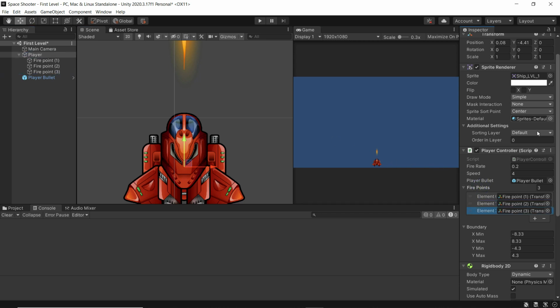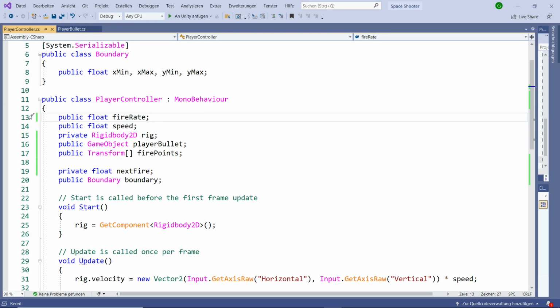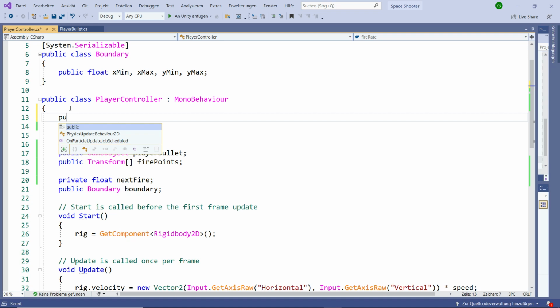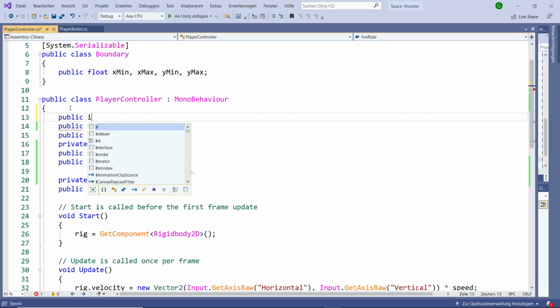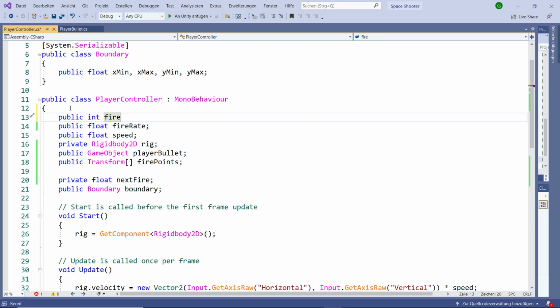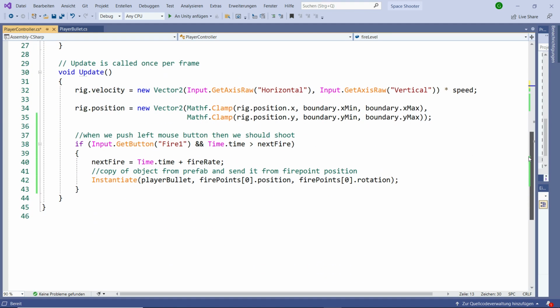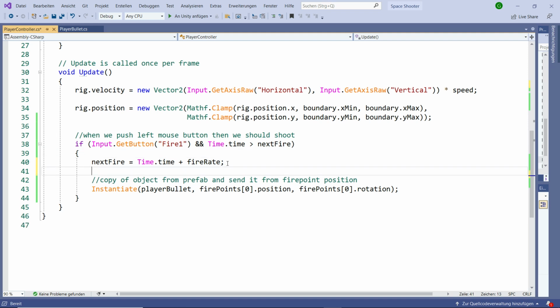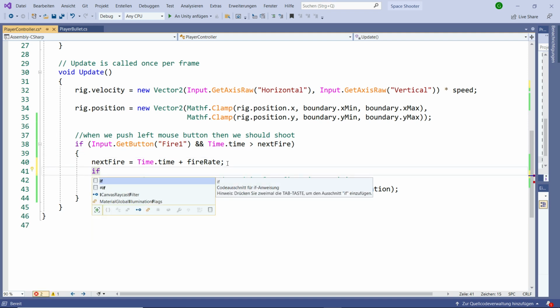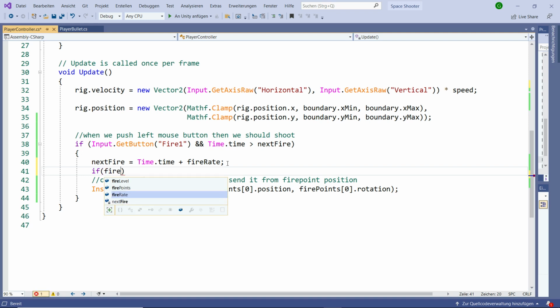So now I'm going to our player controller. In the top, I'm going to write also public int fireLevel, and as a default, I'm going to put it 1. Now I'm going to our update where we instantiate our bullet. We are going to write, so if fireLevel is bigger than or equal to 1,